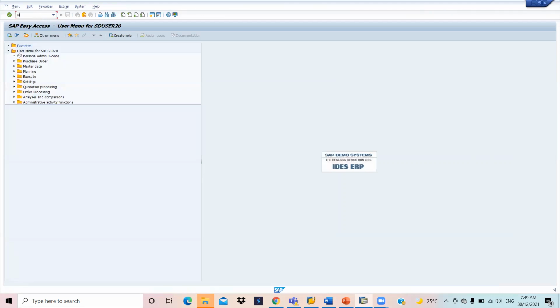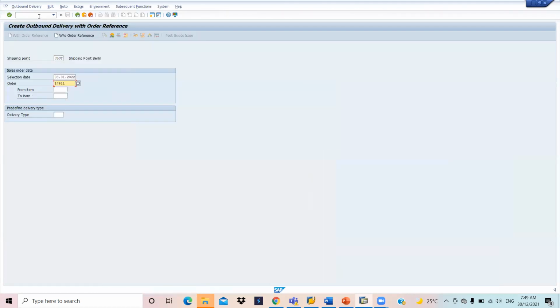Now go to VL01N and I'm checking my delivery document here. So now the storage location should get determined.